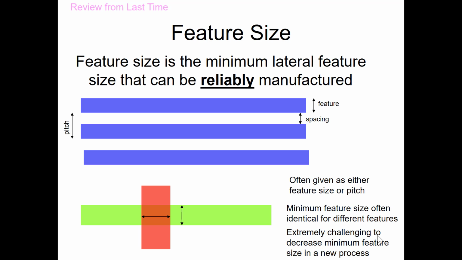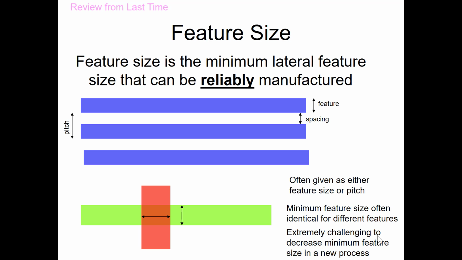You talk about feature size. Feature size is typically the minimum features that we can make on a process, and it's usually the minimum width of a metal run, or the minimum length of a transistor, or the minimum width of a transistor, and so forth. And they're usually about the same. We'll talk about cases where they might be a little bit different. But we have the feature size determined by how small it can be so that we can reliably make a circuit.